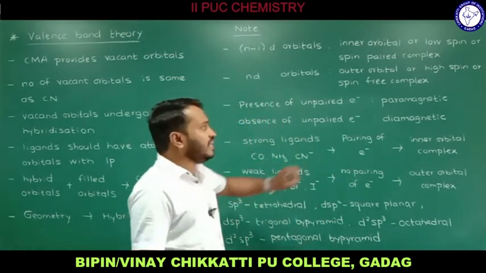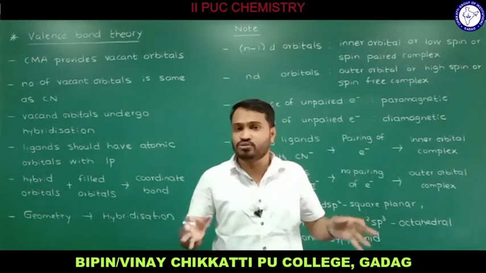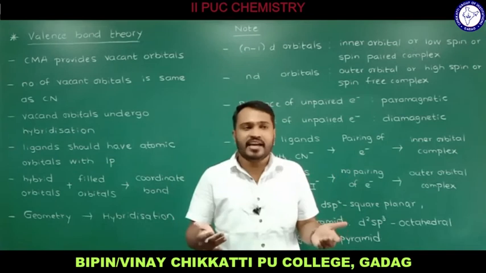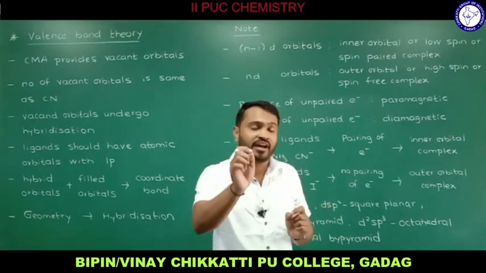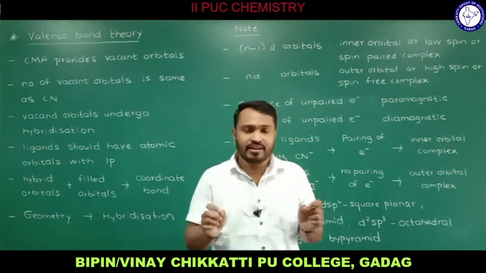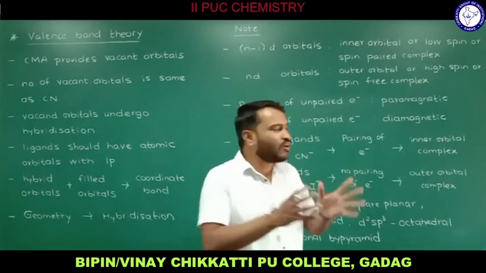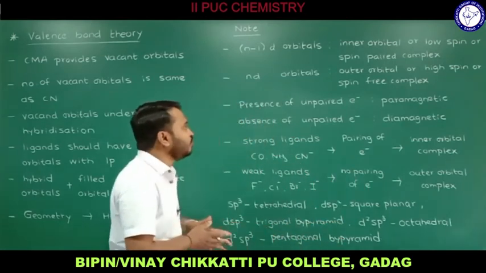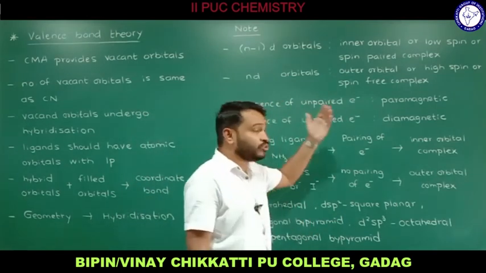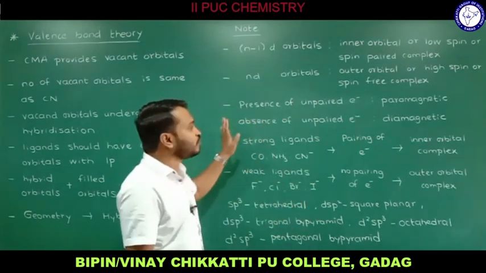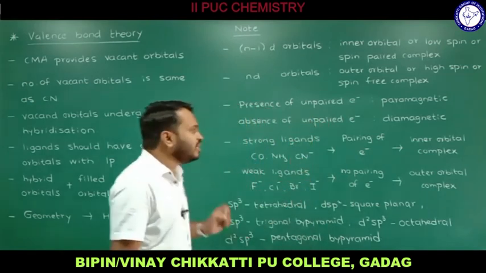Know the names. And this magnetic property, we know that the very important demerit or limitation of Werner's theory is that Werner's theory explains the primary valency and secondary valency, but does not explain the magnetic property of a complex. But here in valence bond theory we have the explanation for the magnetic property, and the concept is the same as the previous one we know. If there is a presence of unpaired electrons in the atomic orbital, that corresponds to paramagnetic nature. If there is absence of unpaired electrons, that corresponds to diamagnetic nature. And the next part is the most important one.